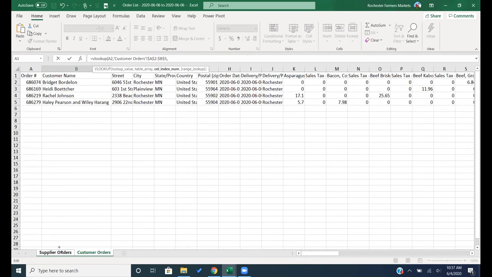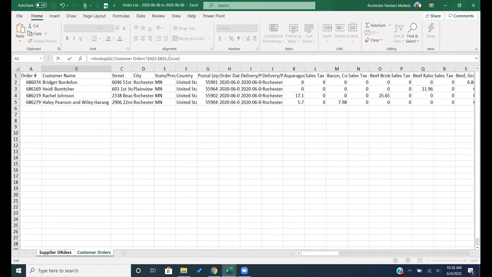Okay, this next field, do we see how the col index num is highlighted? The next field in this function is the number of the column that you want your data from. So I told it my index is A2 through B5, those cells, that the order number is in the first column and the name is in the second column. So we're gonna put a 2, which is just gonna pull that customer order name. And then the last field is either true or false. True means that it's okay with an approximate value. So I think that's probably just a good